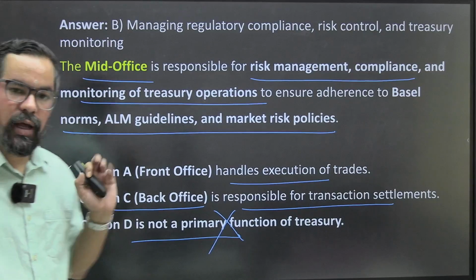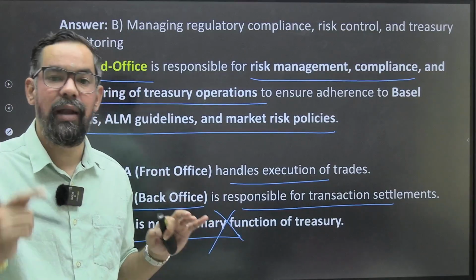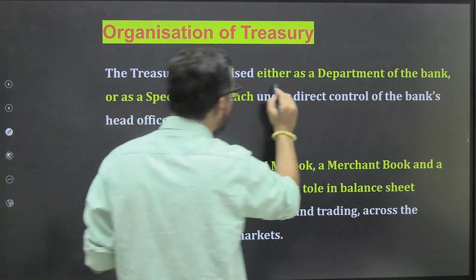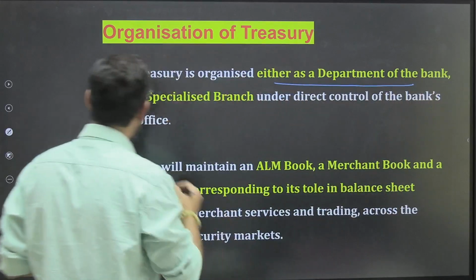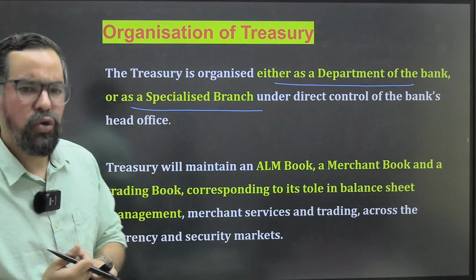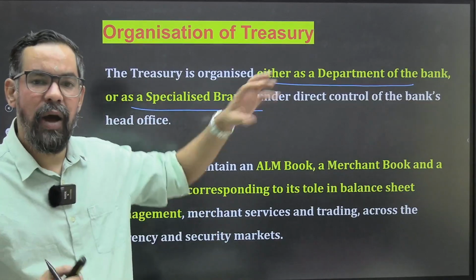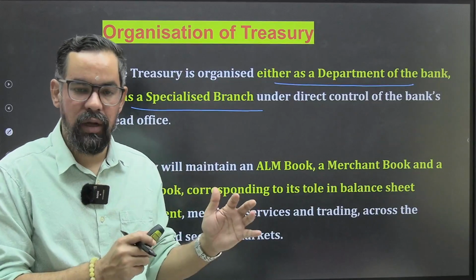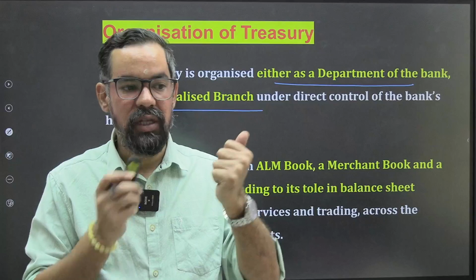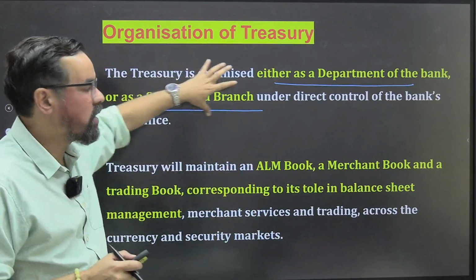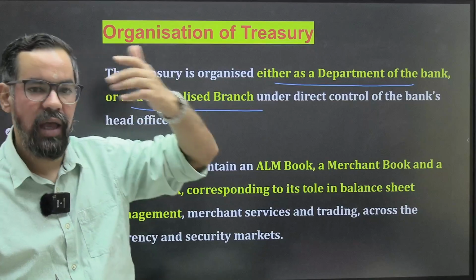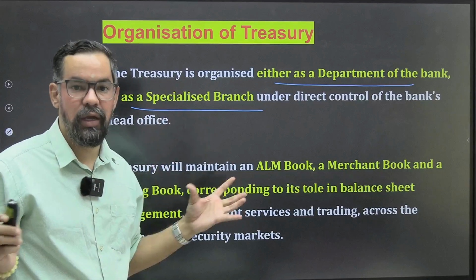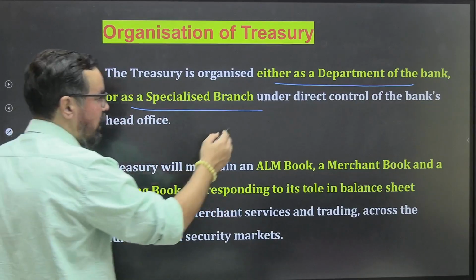Understood? इस लेवल का अंडरस्टैंडिंग आप बना लेंगे ना गाइस, टेंशन नहीं होगा। बट ऐसे अंडरस्टैंडिंग के लिए यू हैव टू गो थ्रू द क्लासेस इटसेल्फ। ठीक है, so organization for treasury, the treasury is organized either as department of bank or as a specialized branch. ठीक है, like most of the public sector banks in India, they generally have departmental business structure. ठीक है, तो हमारा मतलब ऑर्गेनाइजेशन जो है उसी के अंदर एक डिपार्टमेंट की तरह काम करता है। बट some investment bank or private banks, they do have a separate branch for the treasury management, even like in case of IFSC जो IBUs आपके होते हैं। ठीक है, आपका IFSC बैंकिंग यूनिट, तो वहां पे आपको ये कहीं ना कहीं उस तरीके का फील देगा।